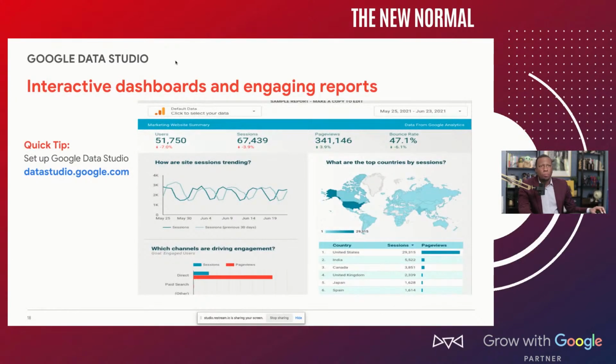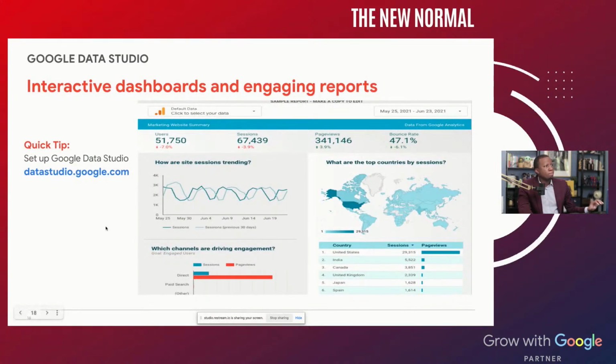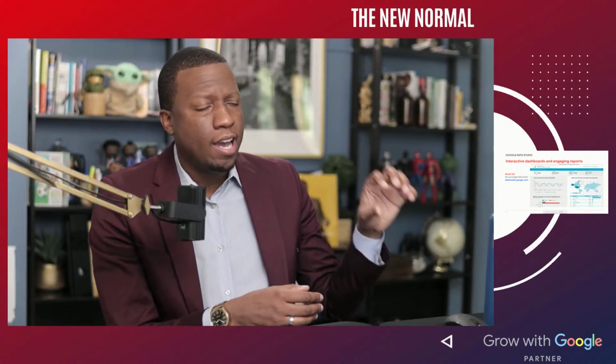Okay, I want to share one more tool with you before we end. And this tool is called Google Data Studio. So I just showed you analytics, and like I said, analytics sometimes is a lot going on. But if you use Data Studio, that is a better way to make reports. So I will show you a sample of that. Once again, Data Studio is free, just like analytics. If you sign up, I believe you use the same login ID and create an account on Data Studio, and I'll show you that quickly.